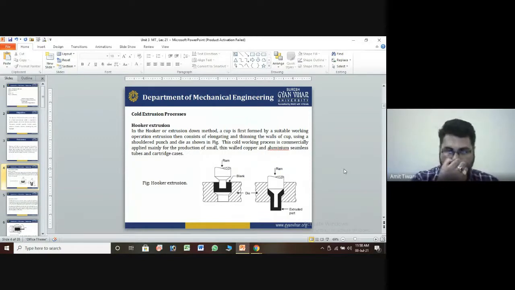So Hooker extrusion is basically this: if you form a cup, or if you are making a cylindrical bar, then the length will be shorter. If you want to increase the length and reduce the diameter, you can apply the extrusion process, applying an external force at the place where you want it, increasing the length and shortening the diameter. You can complete the formation like this. These are the simple basic structures formed by extrusion.